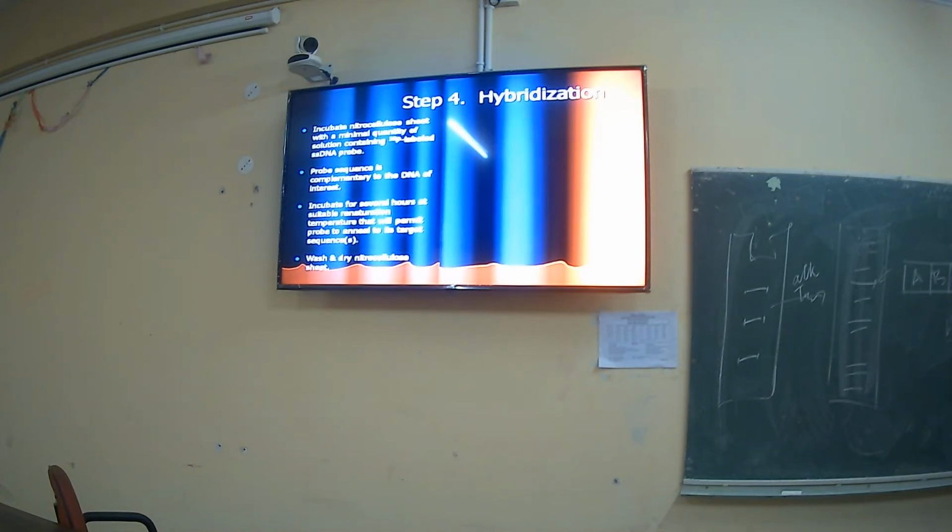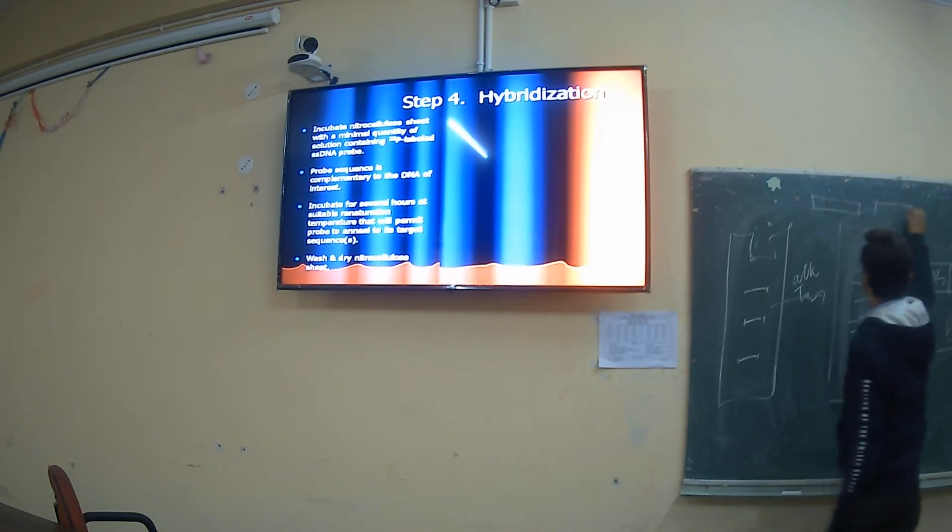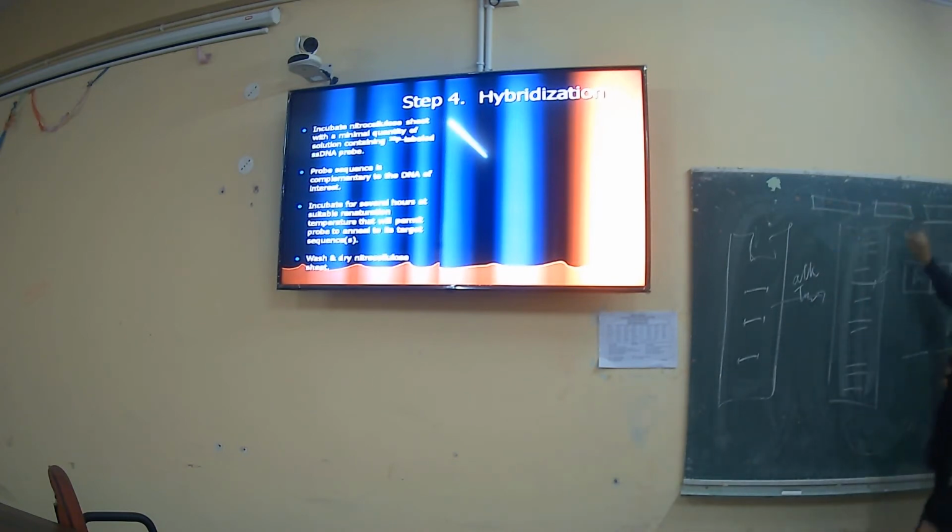You can also say that this one is the first fragment, this one is the second fragment, and the last one is the third fragment. So you can arrange these restriction fragments according to your restriction mapping. And after that, when you arrange these restriction fragments, the problem is you have to sort out the C gene sequence. So there is a method by which you sort out this C gene sequence, and that process is